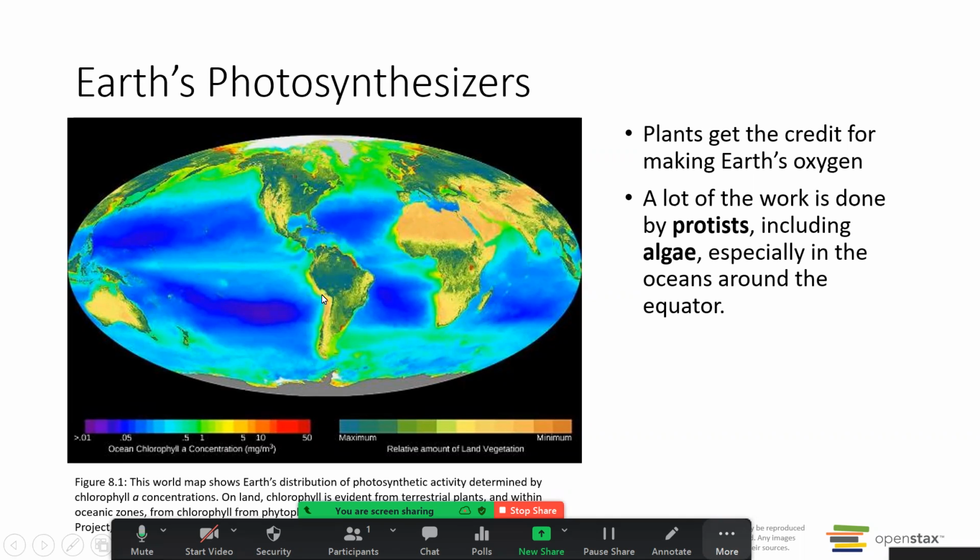There's tons of photosynthetic organisms in the oceans. And those are a lot of algae and single-celled algae and single-celled protists. So don't just thank the trees, all of this cool green stuff, but also thank the little algae in the